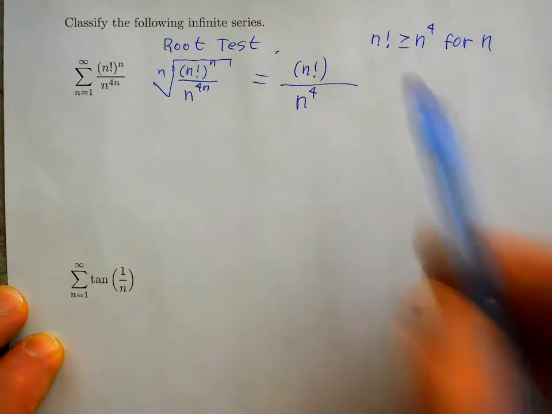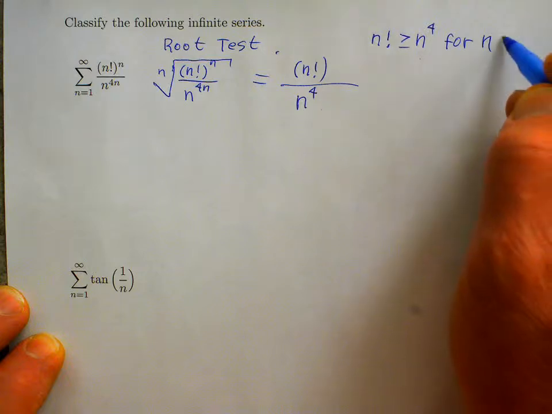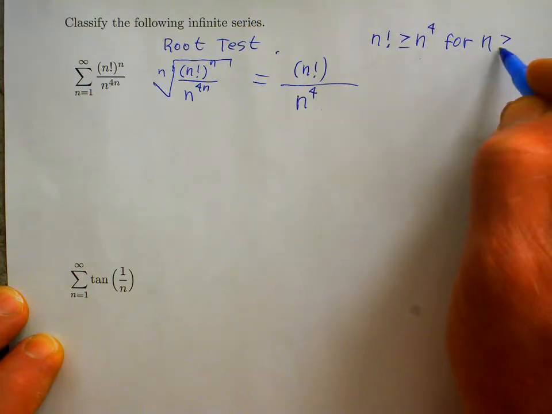Anyway, when you get to 7 factorial, I'm pretty sure that 7 factorial is bigger than 7 to the fourth. So n factorial is greater than or equal to n to the fourth for n greater than or equal to